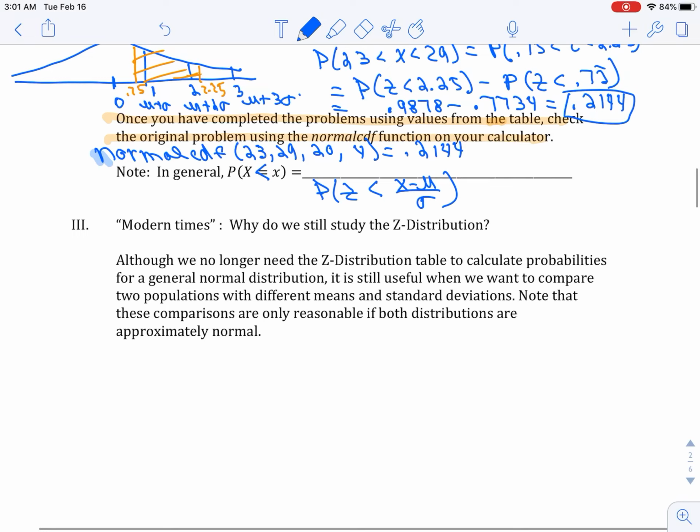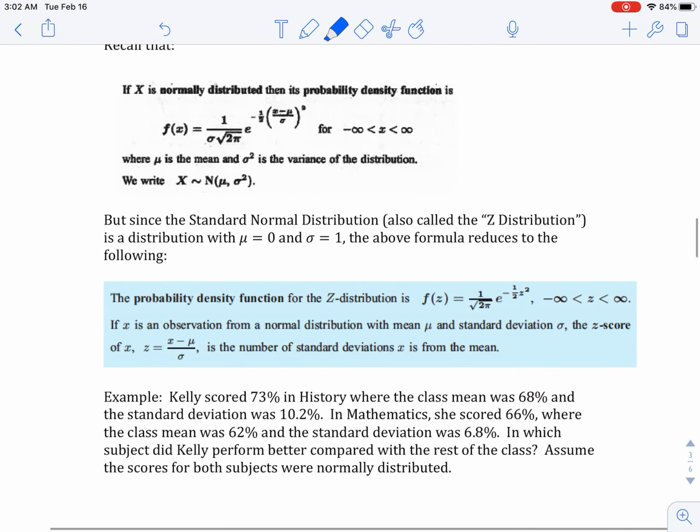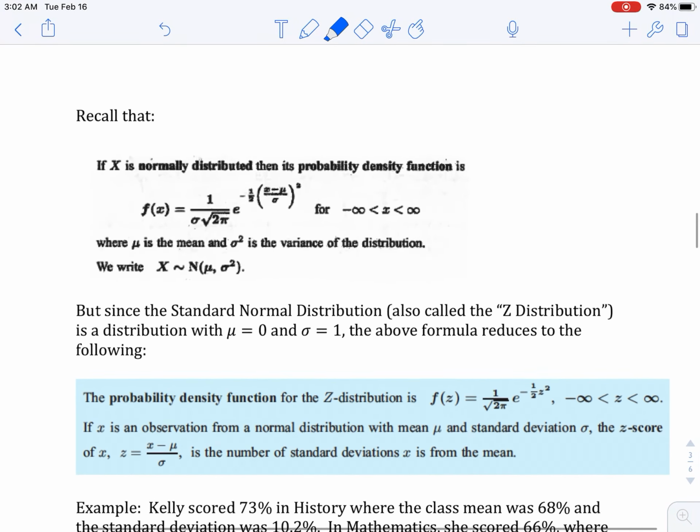Well, it turns out that if you have a situation where you have two populations with different means and different standard deviations, and you want to compare them in some way, it's going to be good to be able to turn them both into a z distribution. And then once you have them both as a z distribution, you'll be able to compare them. So that's what we're going to do in the next example. But I just want to point out here,